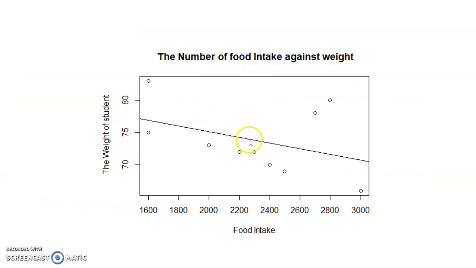This is the plot that has been done. The x-axis is food intake and the y-axis is the weight of student. This is the food intake against weight. So you can see here this negative slope,